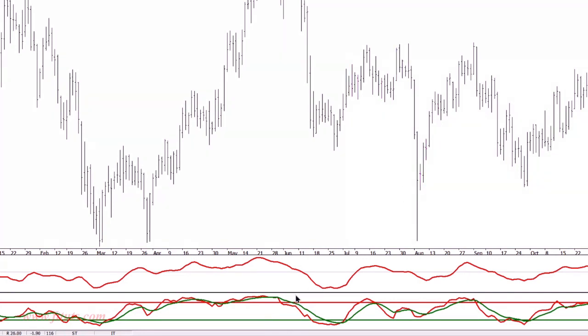So again, the rate of change indicator just has what we call a zero line. If any value is above zero, that means it's a positive rate of change. If it's below zero, it means a negative rate of change. And even though, for instance, at this period where my cursor is, the line is advancing, it's below